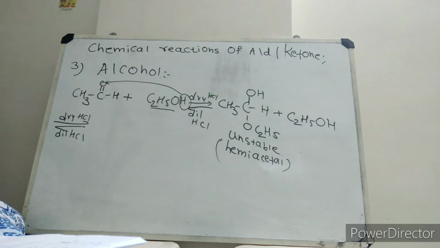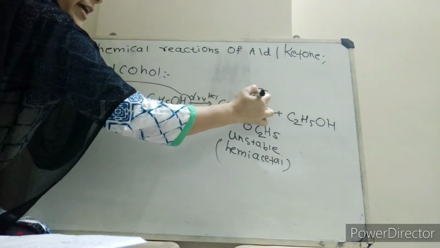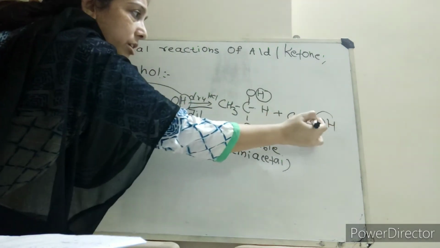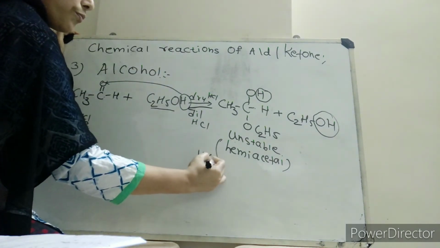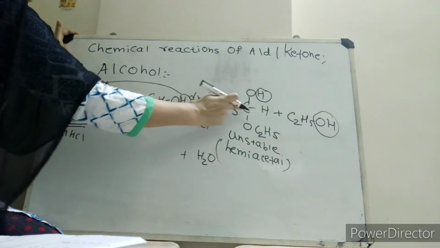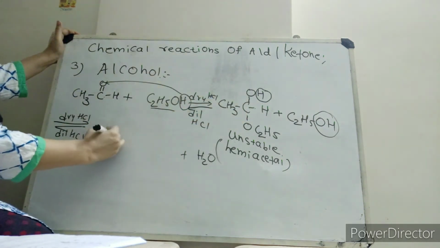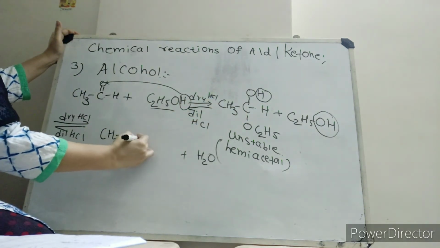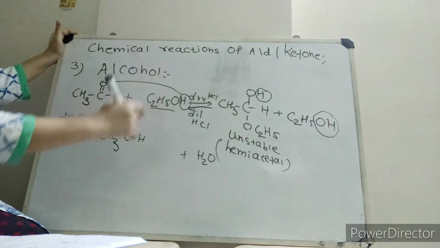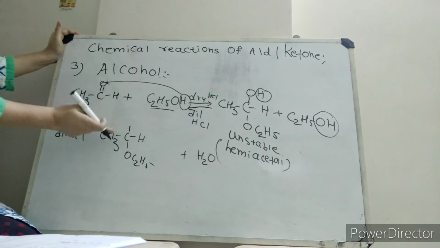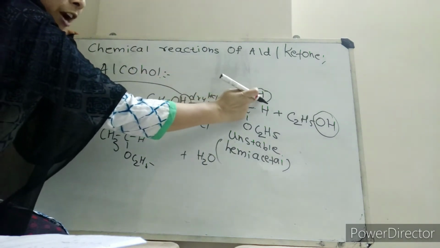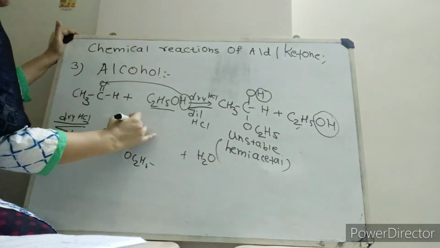Then what do we get first? Now in this case, how does the addition take place? This H combines with this OH, so a water molecule is given out. Now this CH3CH will remain as it is, CH3CH. This OC2H5 again will remain as it is, OC2H5. But on this valency, O, and instead of hydrogen we have to put C2H5.